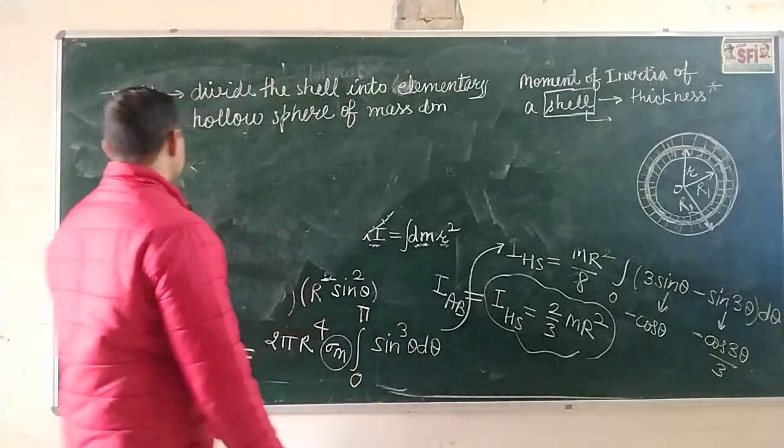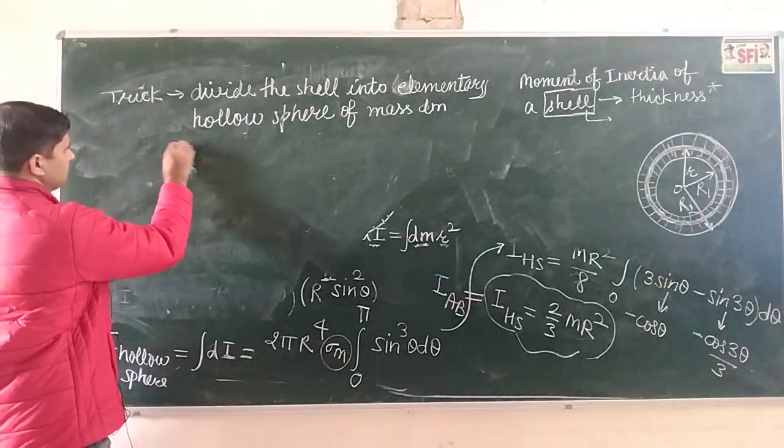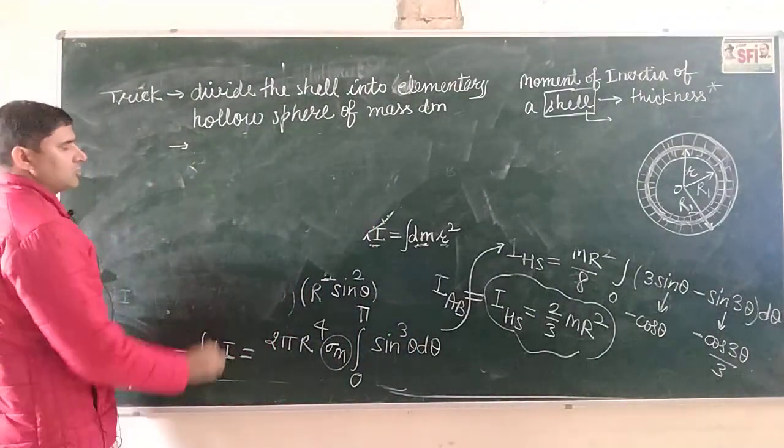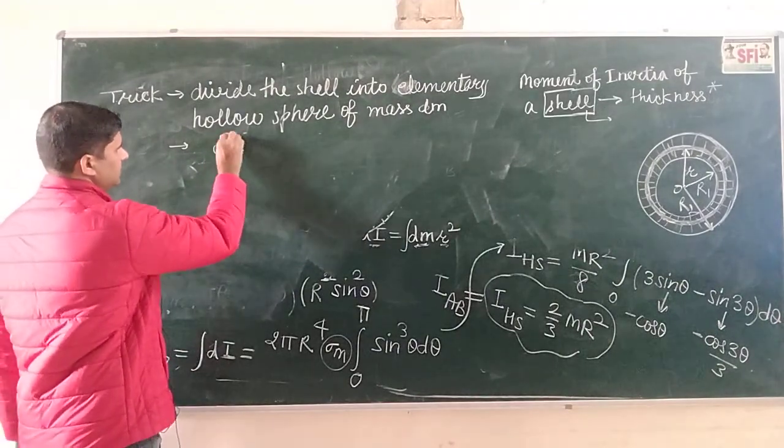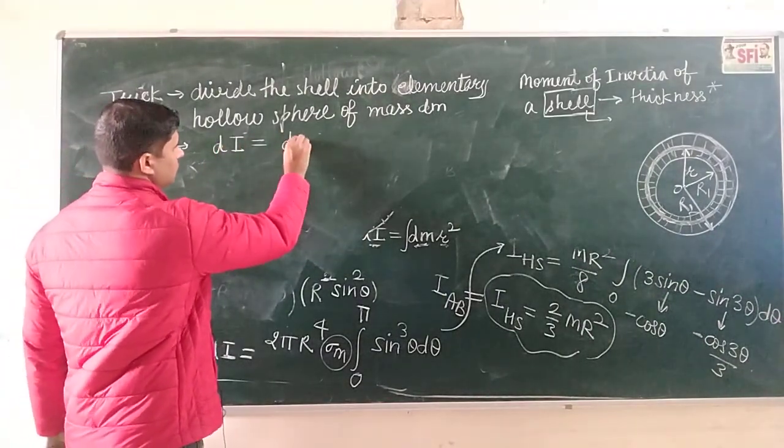Okay, then find the moment of inertia of this elementary hollow sphere, and that will be dI equal to